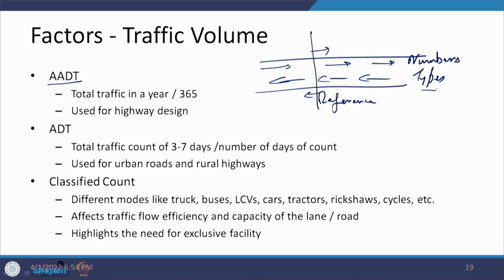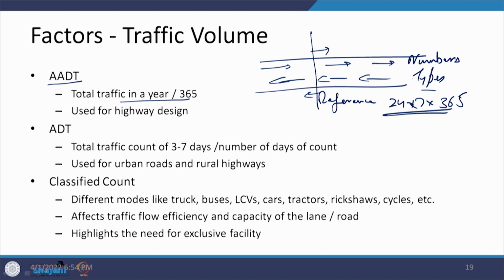So, this is being done 24/7 for all 365 days, and that is the amount of traffic which you are going to find out. And if you have this total traffic available to you, then this total traffic divided by 365 is going